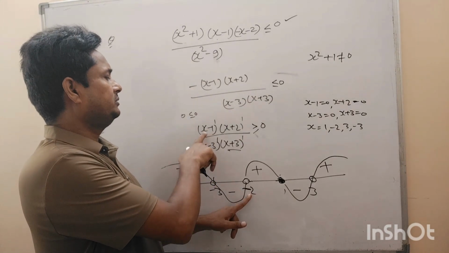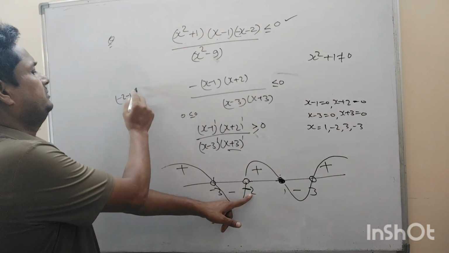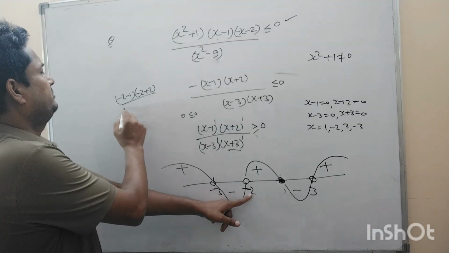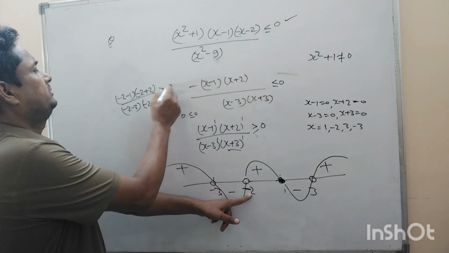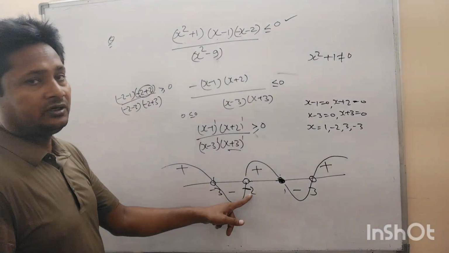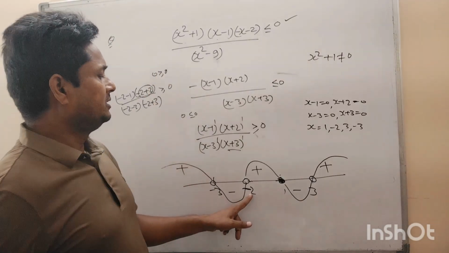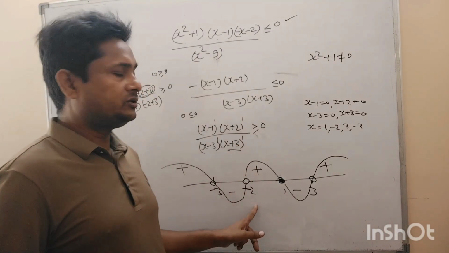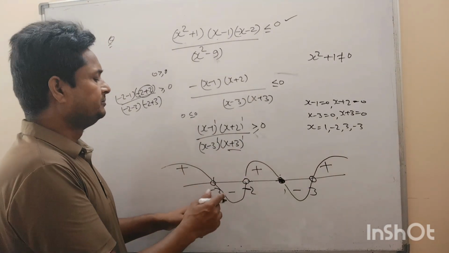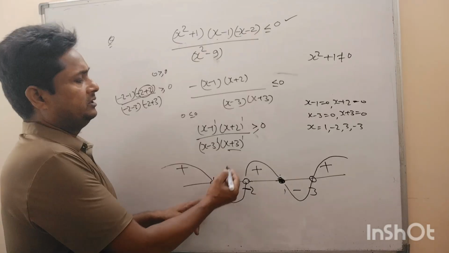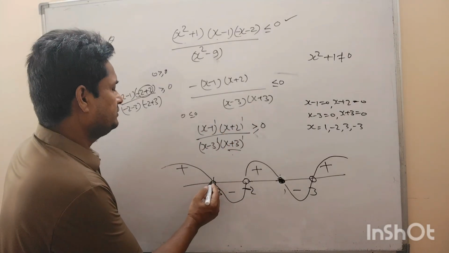If you put x equal to minus 2 in the whole expression, it will be minus 2 minus 1, minus 2 plus 2, minus 2 minus 3 and minus 2 plus 3. See here, this becomes 0, and 0 into any number is always 0. So 0 greater than or equal to 0 is coming, so it is true for x equal to minus 2. Now put x equal to minus 3. Minus 3 came from the denominator, so we will not include this root because the denominator cannot be 0. So this will be excluded.